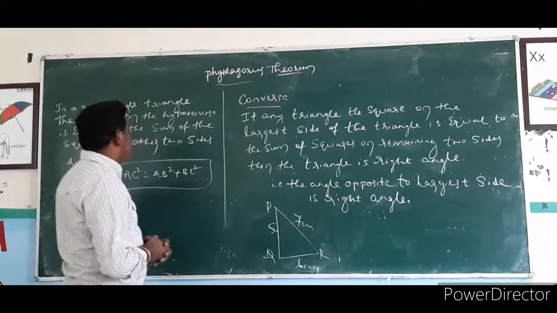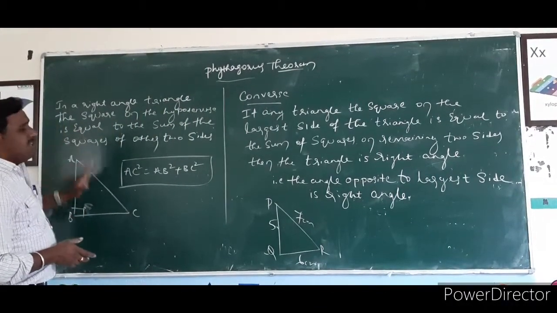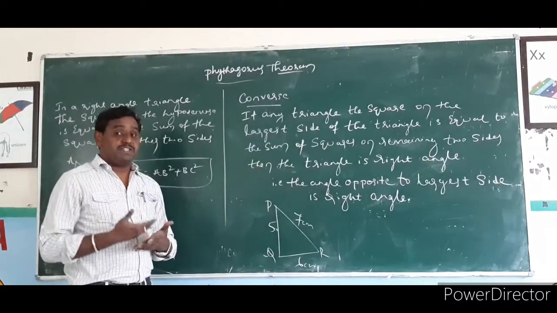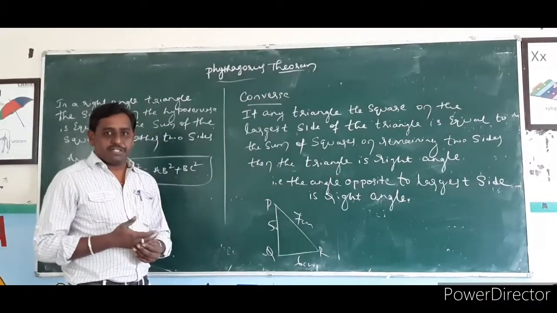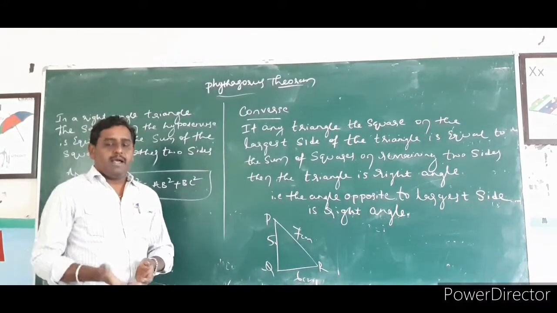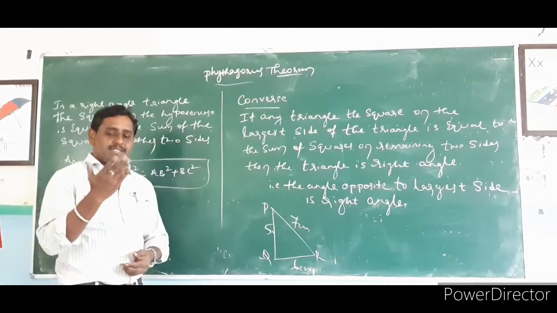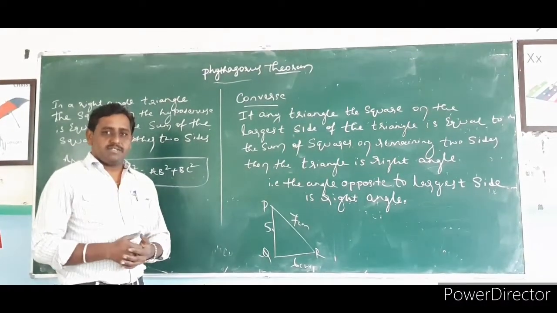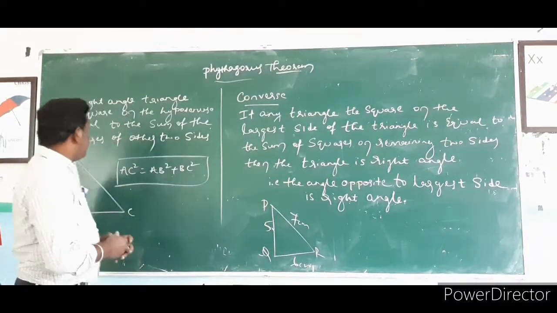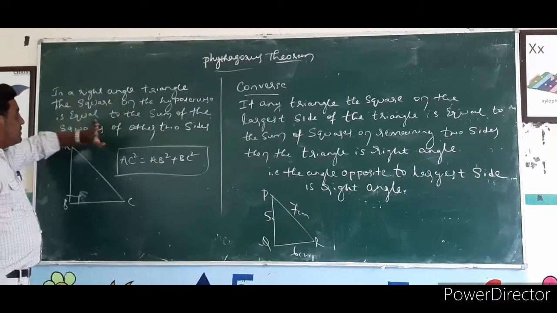So let us first try to know the meaning of the Pythagoras theorem. They are not asking for proofs in the exam, but applying the theorem is very important in relation to some questions. So you first have to understand the statement of the theorem and what the proof of that theorem is. That is enough. If you want the proof, it is there in your textbook. You can open the textbook and see the proof of the theorem. So first in this class we start with the statement of the Pythagoras theorem.